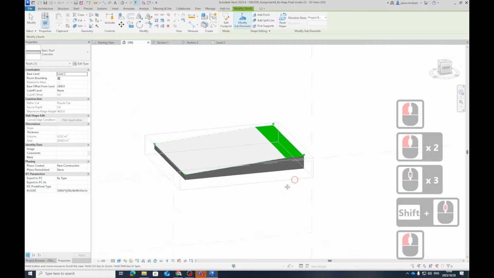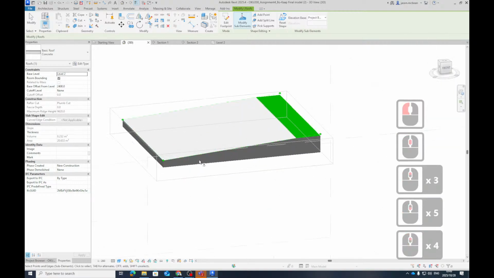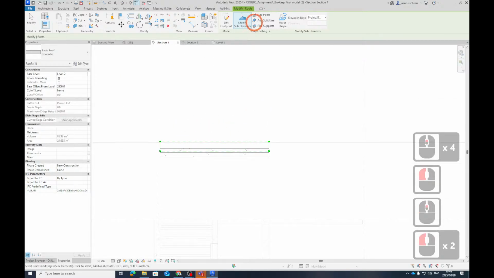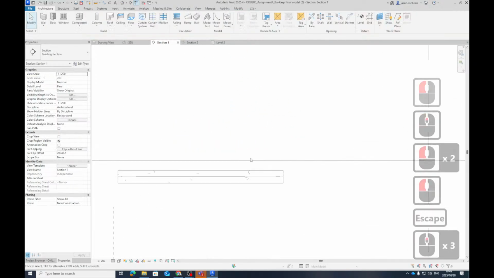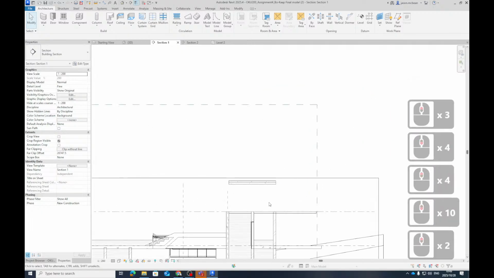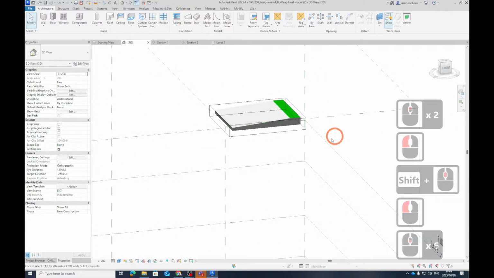So I'm changing this. I'm changing the way the roof slopes. But watch what happens if I go to section. Wrong section. Let me just say finish. So you'll see that the screed now is getting thicker. So I've changed it in the wrong direction. So let's go to 3D again. So say now,